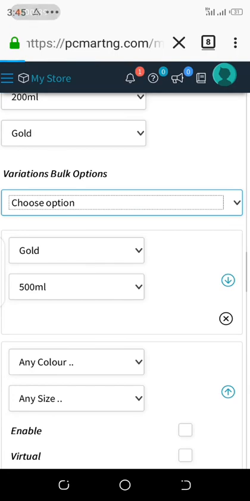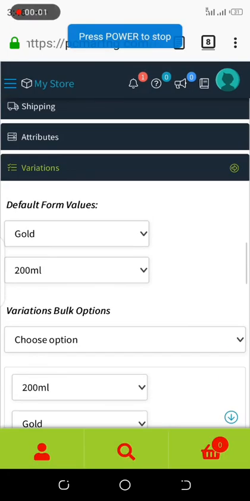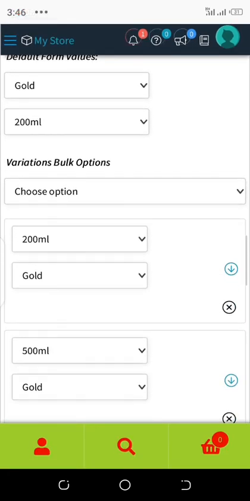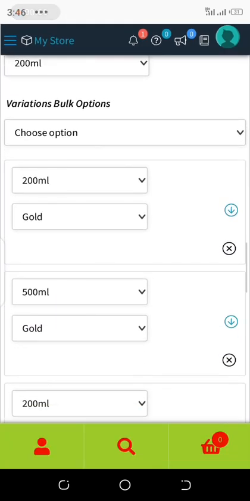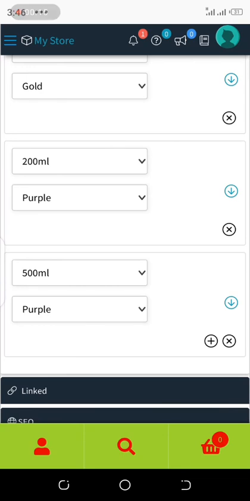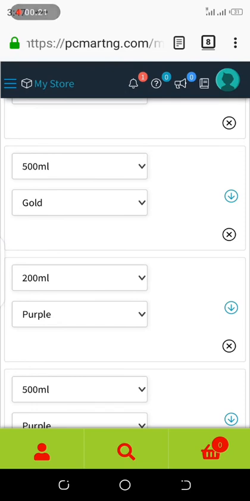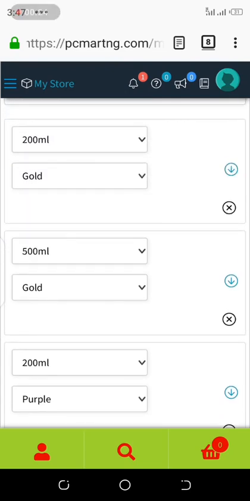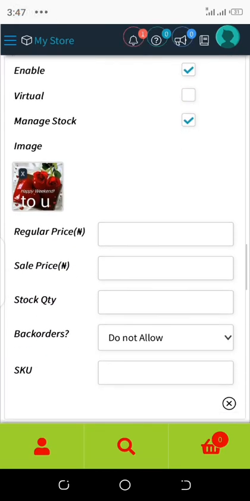So let's allow it to load. Here we go. You see, it has created all the possible combinations. 200 mil, okay, we've created that already. 200 mil gold, 500 mil gold, 200 mil purple, 500 mil purple. These are the 4 possible combinations that it has created for you. If you have more attributes, like 3 types, it is going to combine them on its own for you. So if you have different options, like this 200 mil, let's say they sell,